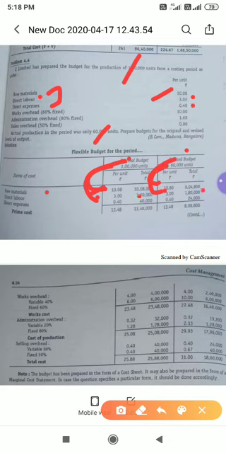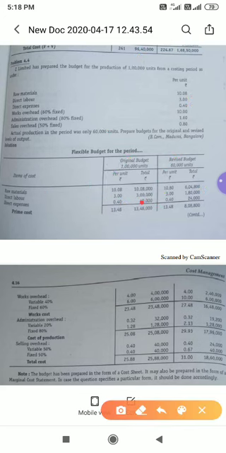And even direct expenses we have 0.40. 0.40 into 1 lakh, 0.40 into 60,000, because all these three are variable cost. So if we do that, we will get 40,000 and 24,000. Done. So if you add all these, please remember direct material, direct labor, direct expenses, all three will form prime cost. If you total, you will get 13 lakh 48,000, and here it will be the same, but total cost will be 8 lakh 8,800. Next we have to go for semi variable.